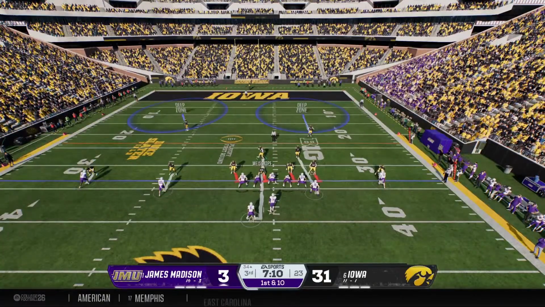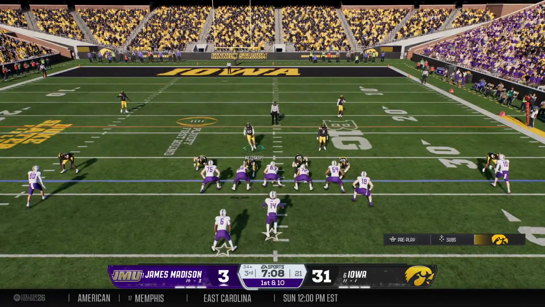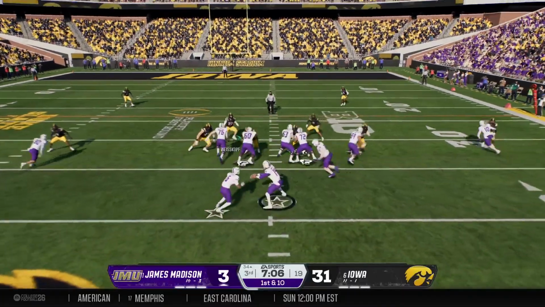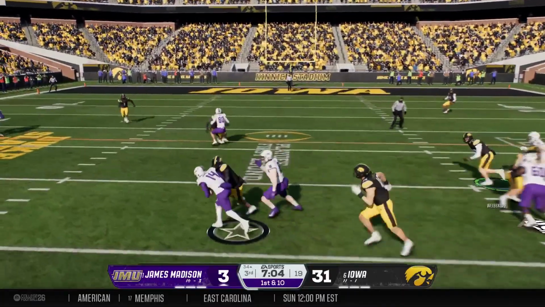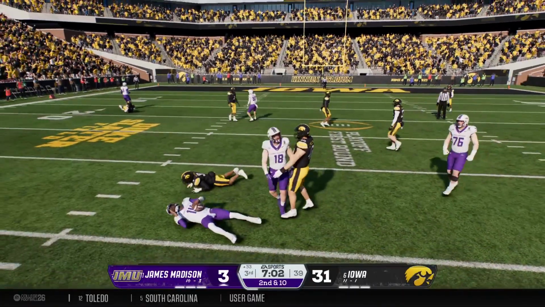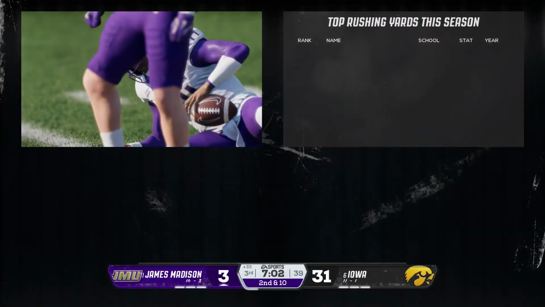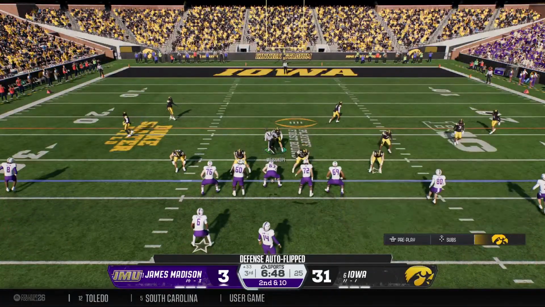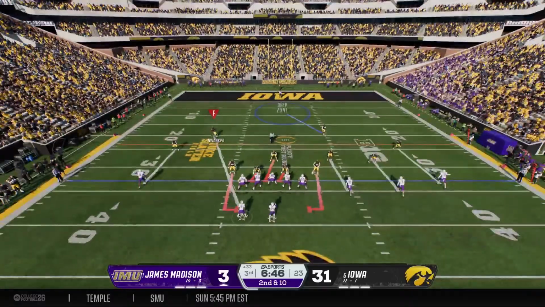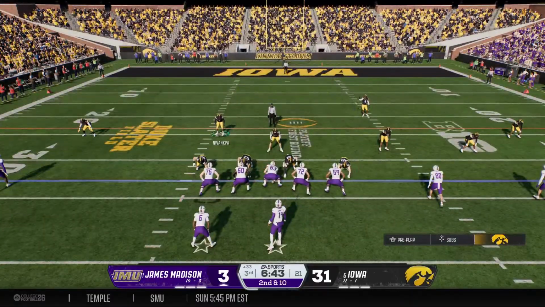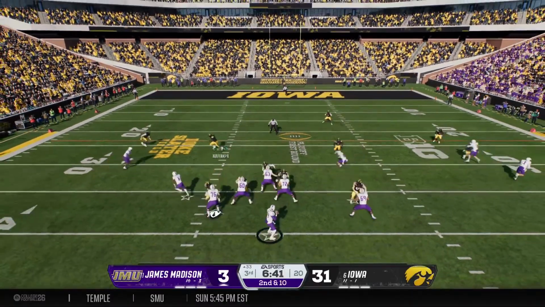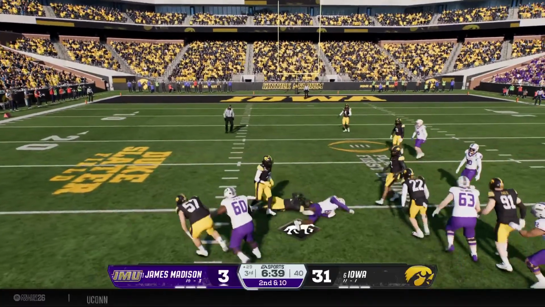So quickly, with one explosive play, this offense is set up just outside the 30. It's a quarterback keeper. Nowhere to run. They'll corral him for no gain. Boy, how about this defense? Just so physical against the run. These guys have not been able to do anything on the ground, and it's because of that defensive line and those linebackers taking away the run game.